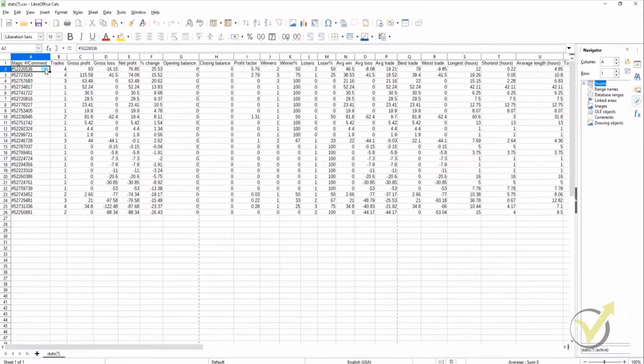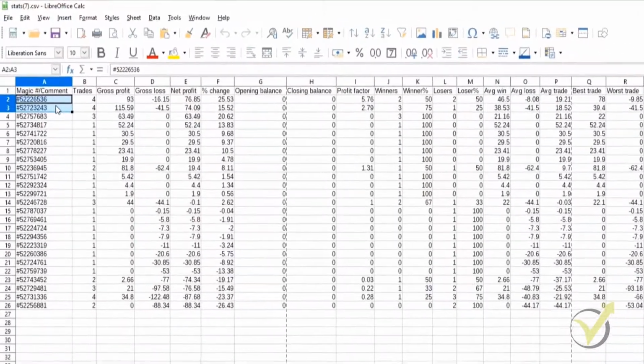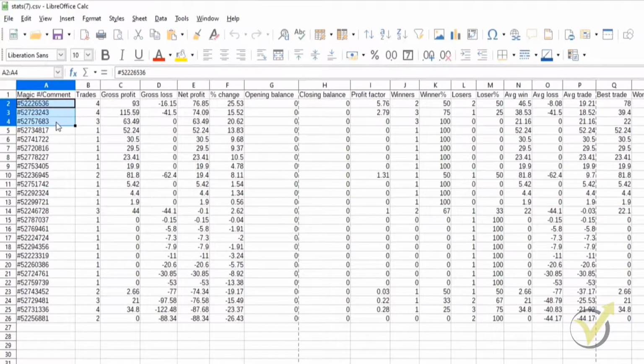And let's see. So this one definitely yes. The second one yes, 2.79. The third one yes as well. As you can see, it's also perfect. Then we have some that aren't great. Then we have one here that's done 3 trades, but the profit factor is 1, just 1 on the dot, so we're not going to use that one. And that's it. The rest of them are all much lower.